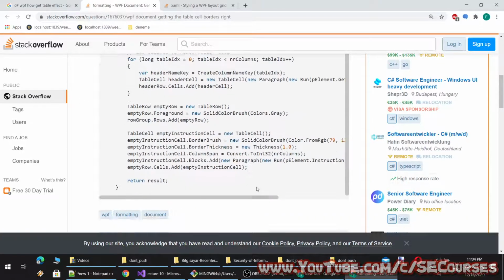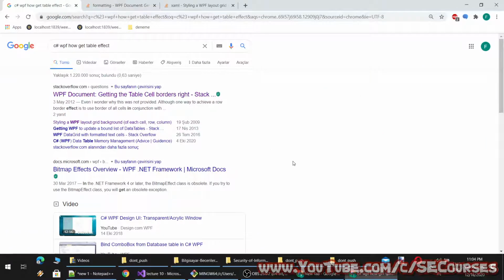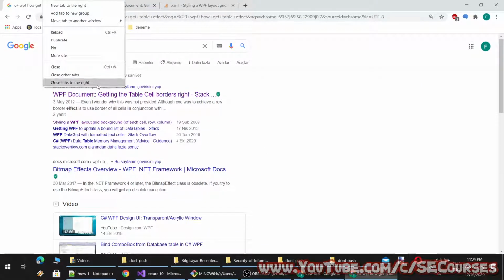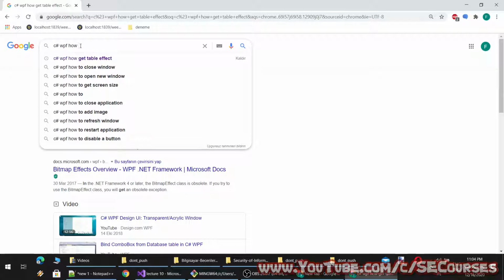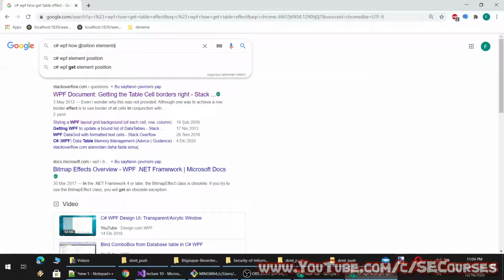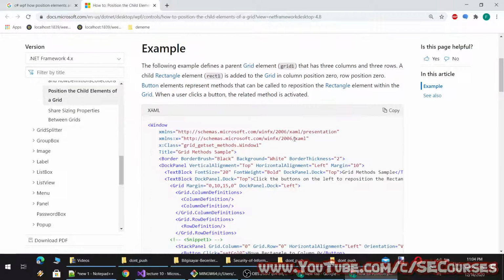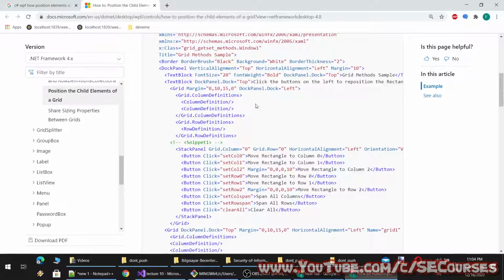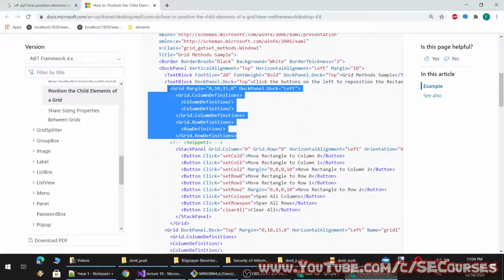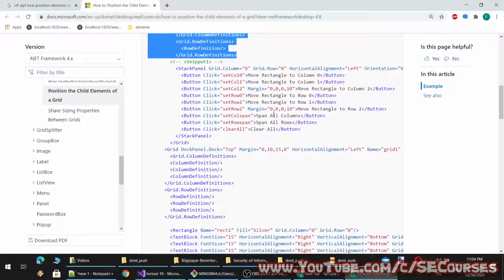Hmm, how to position elements as in table. I see. So there is grid and yeah, there are grid row definition, stack panel grid row.